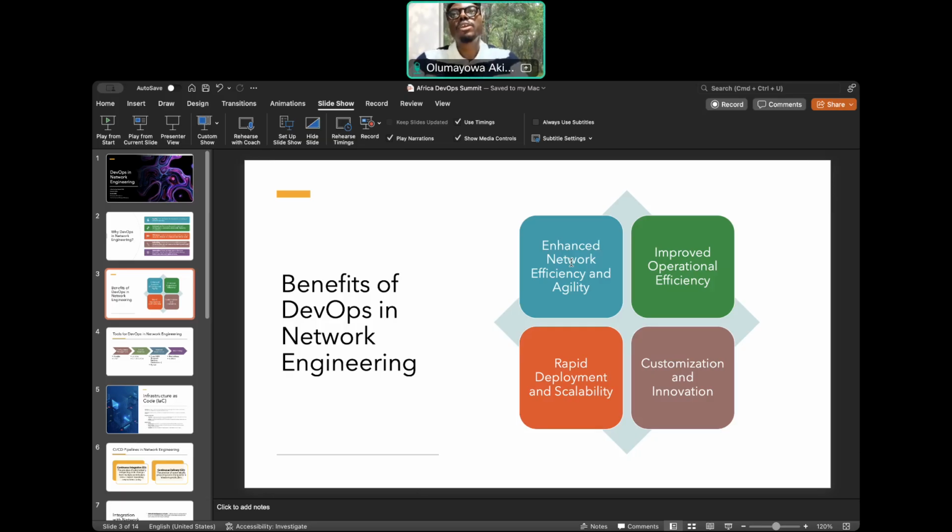So talking about enhanced network efficiency and agility, we're looking at automated configuration management, where we use tools like Ansible, Puppet, Chef. Then we're also looking at CI/CD, continuous integration and continuous deployment.